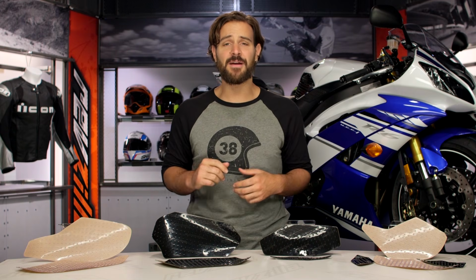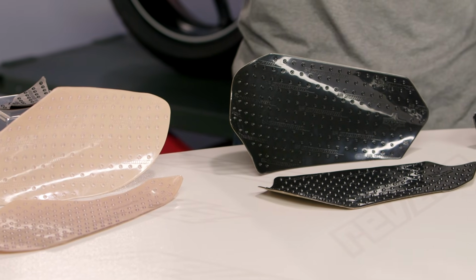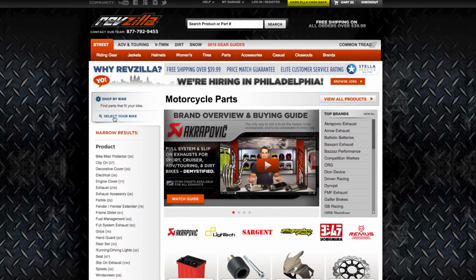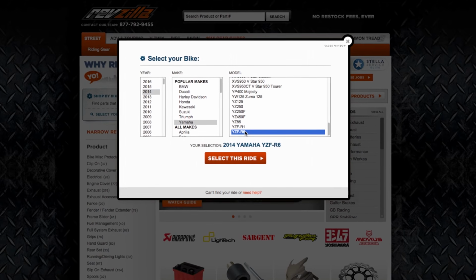Now, Stompgrip tank pads are going to offer you maximum grip in aggressive riding situations. These are going to be available in universal sheets that you can actually cut down to fit any particular part of your bike where you're looking for more grip, or they're going to be available in bike-specific sheets that are going to match up with your motorcycle's unique tank shape. So you want to make sure you're using the bike finder on our website to get the right Stompgrip tape